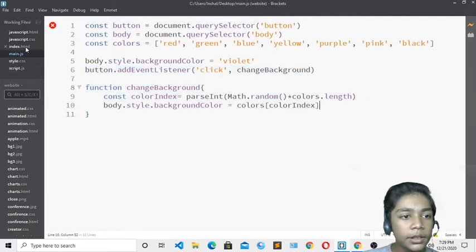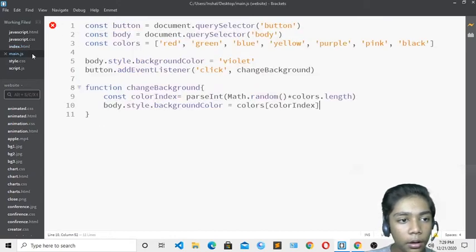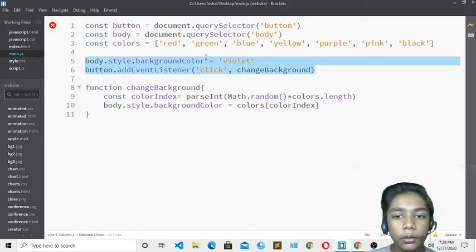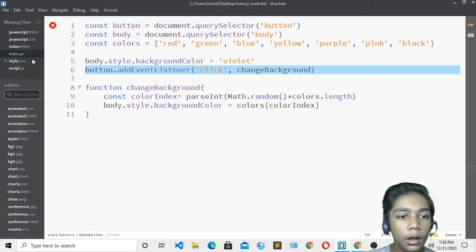Now I will come over here, and I have to define one thing. Here we have defined our main.js file. I will save over here. So till here we have done our work, but from here we are making a mistake, because when I showed you, it was coming out good.